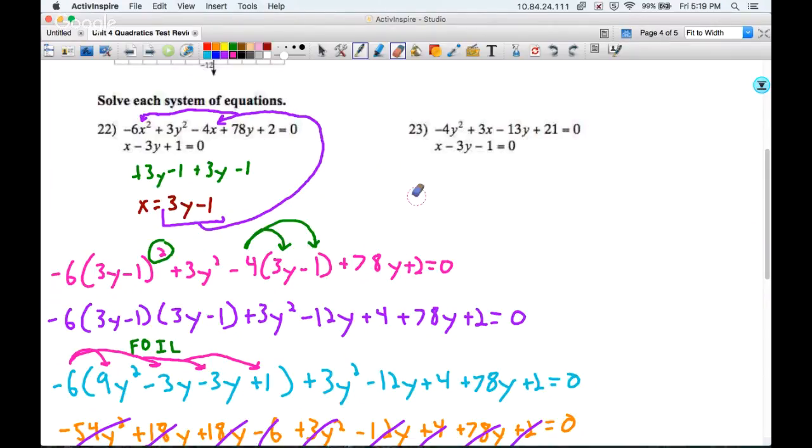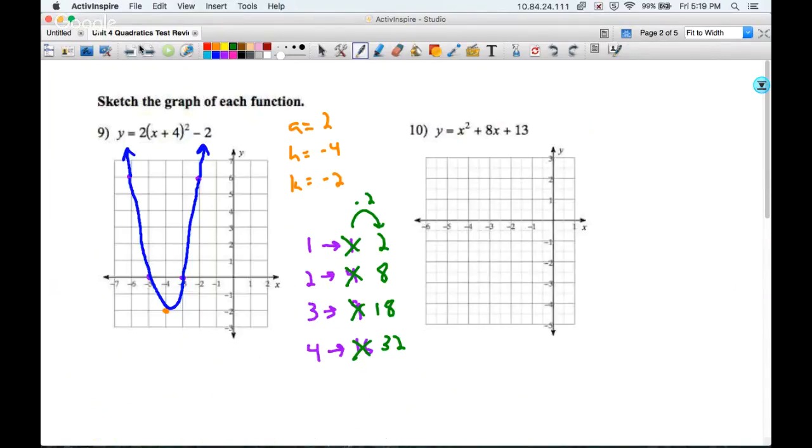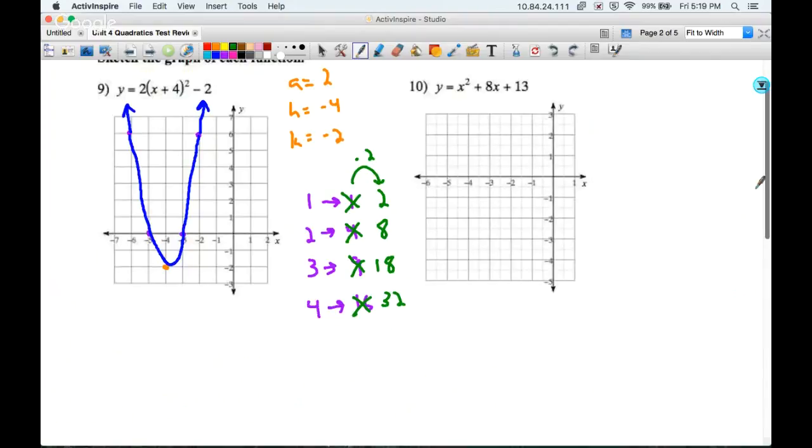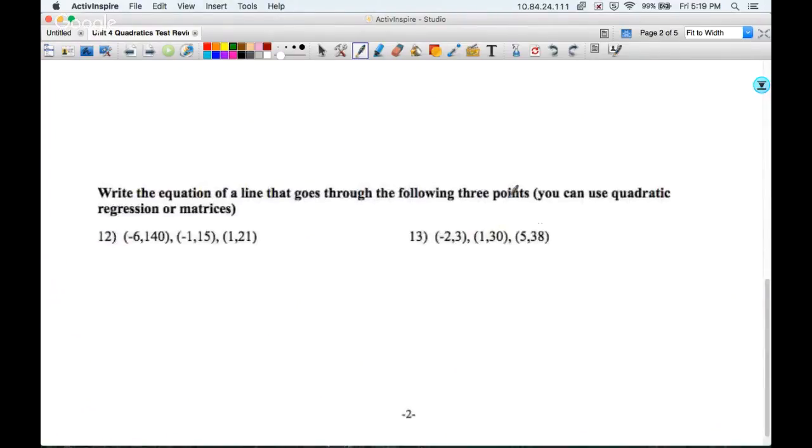I know how to put it in the matrix, like writing it down on question 12, but I don't know how to put it in my calculator. Okay. So question 12, you want to do this one with matrices? Yeah. Okay, we'll do question 12 with matrices, and then we'll do regression for 13. How does that sound? Yeah, that's good. Okay, so